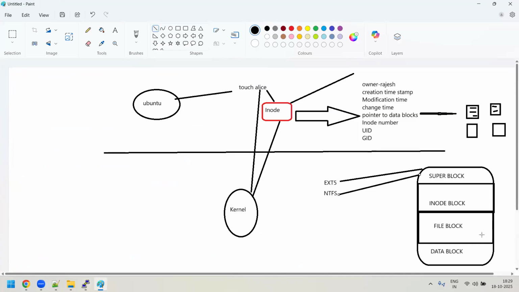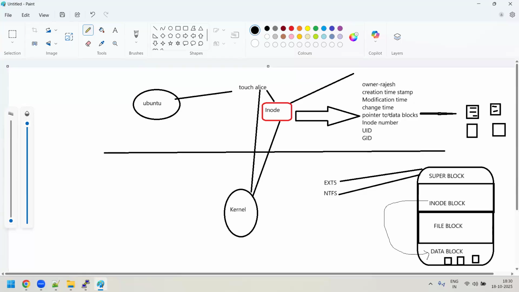We understood something now. Coming back to here, when I create any file, what will the kernel do? The kernel will allocate an inode from this inode block. It will take one inode and allocate that inode to that file, Alice. And this inode in turn has all this information. Who is the owner of the file? When was the file created? When was the file last modified? When was the file last changed? What is the pointer to the data blocks, or the addresses of the data blocks? When you have a file and you're storing the data, in which data blocks is all the data stored? There will be a lot of data blocks here. So somewhere in some data blocks, your file contents, your actual file data, will be stored. It means that your inode is actually a pointer to your data blocks, or it will have a pointer or address of the data blocks.